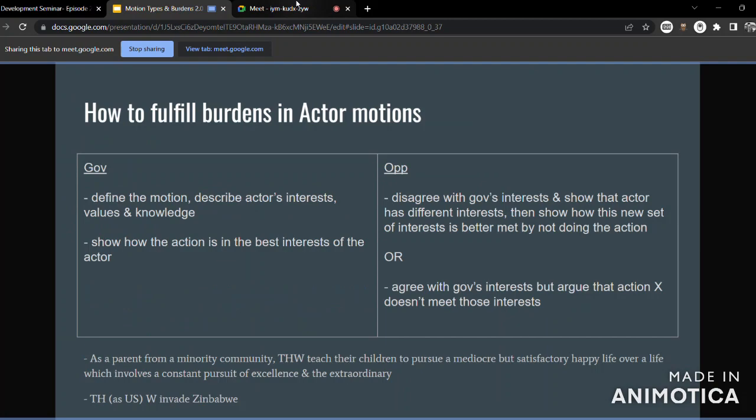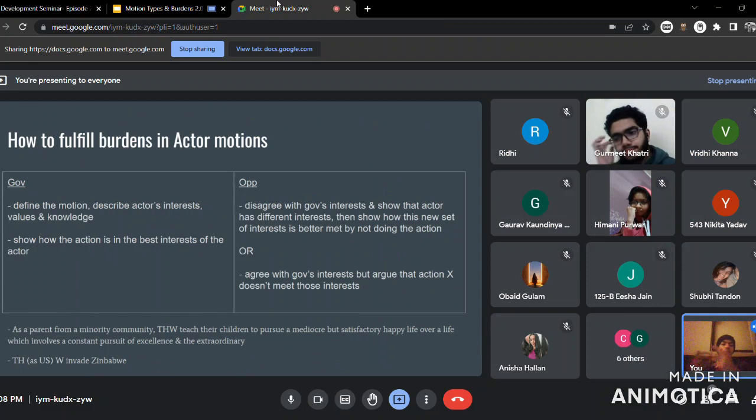Before that, there was a question about fiat: apart from policy motions, where else does it occur? So fiat is also there in actor motions to a certain extent. Why is that so? Because most actor motions, not all again, most actor motions are of the form this house as someone would do something. So the word would is still coming here. Would means that they are taking an action.